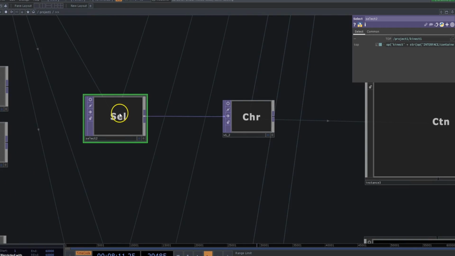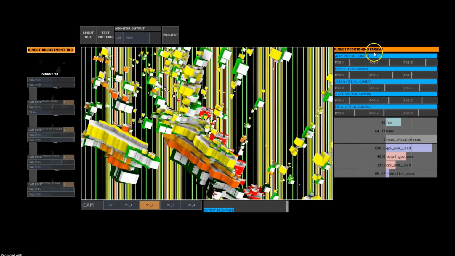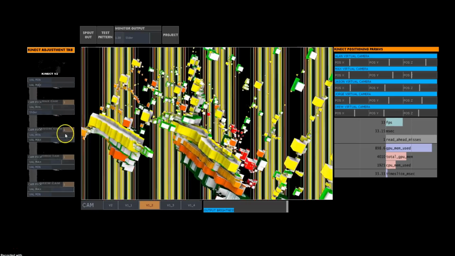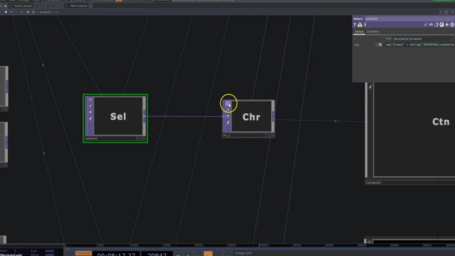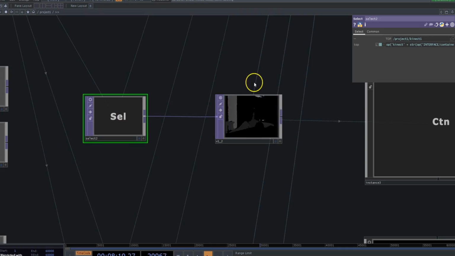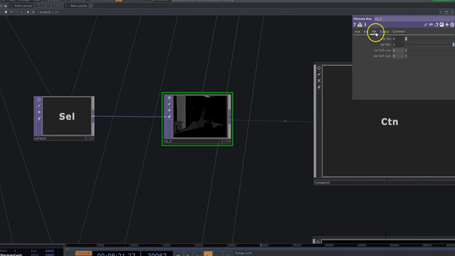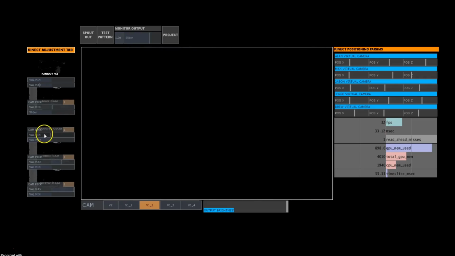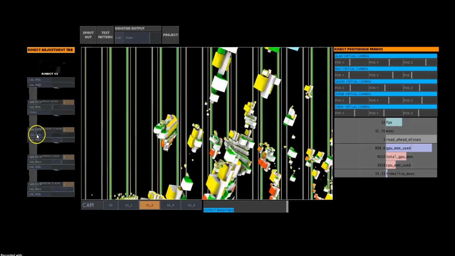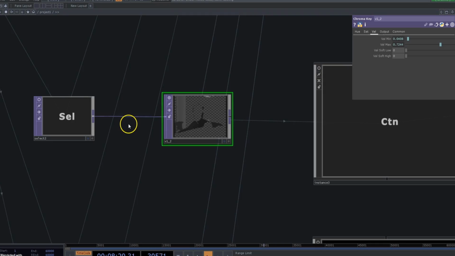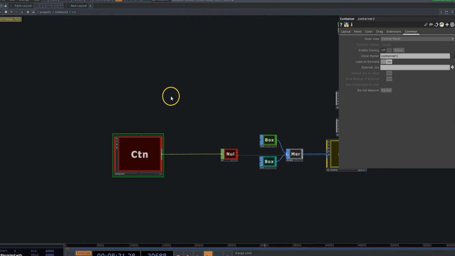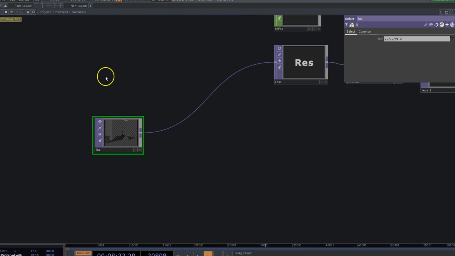That's going into a select node that corresponds to your numbers here. And the chroma key here allows you to specify what you want to select within your depth image. That then goes to the TOX file.